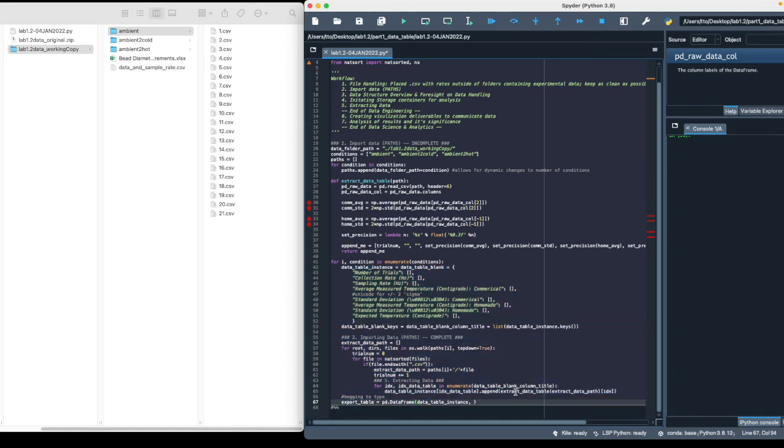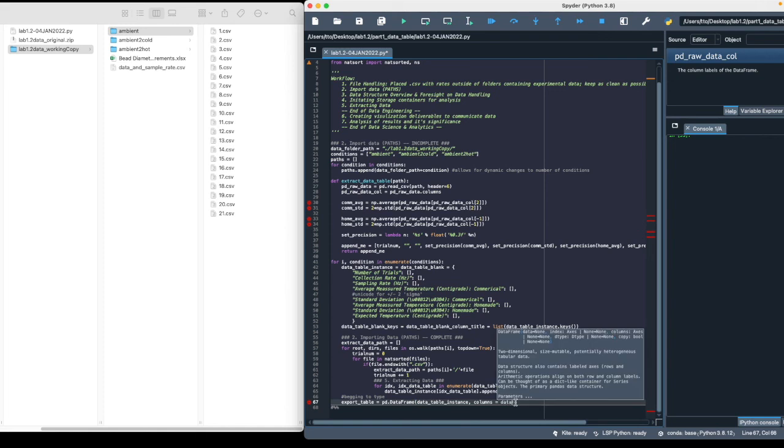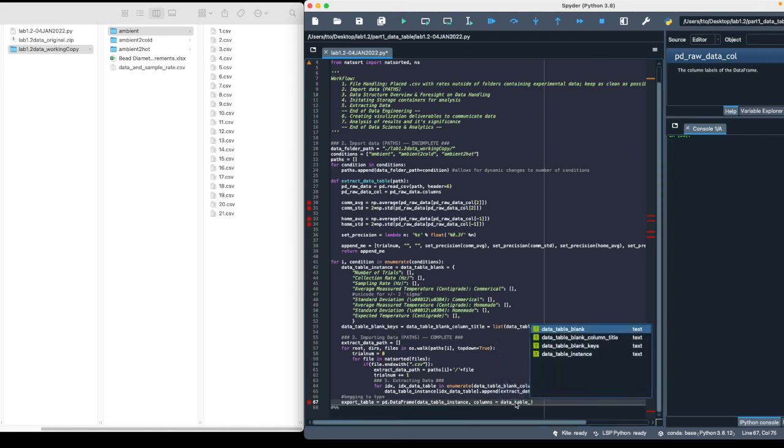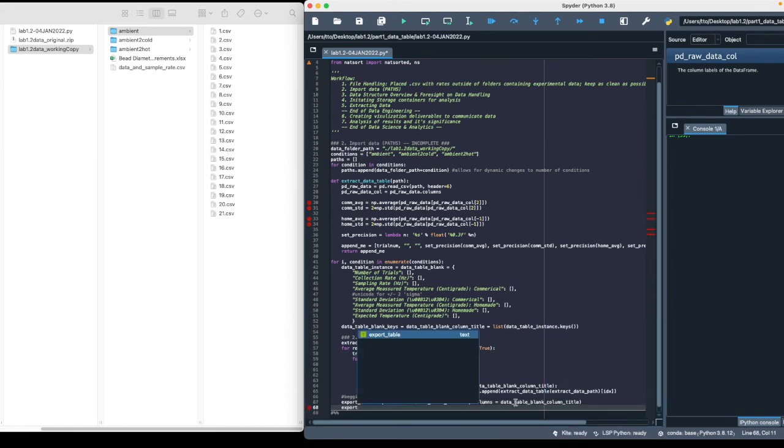It's a more useful consideration when we're building out classes and init statements, as self-explained, it is our initial conditions. So a table instance with our column names that we've already established, as a data table with a blank column title. We export the table. I export them to Excel. It's personal preference,